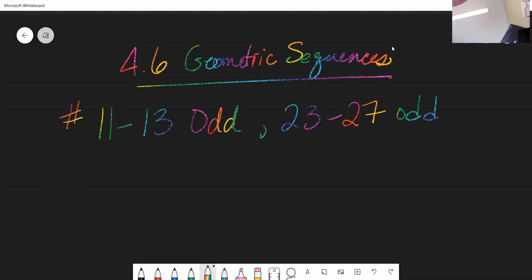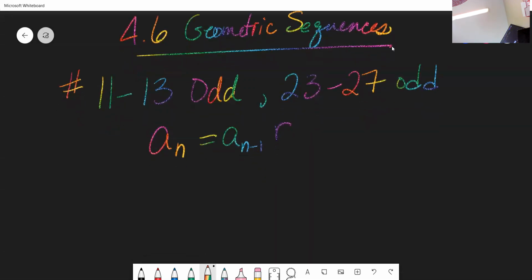You did learn the recursive formula for geometric sequences. What is the geometric sequence recursive formula? Anybody? You blocked yesterday from your memory? We learned the recursive formula. That was the first one. A N equals